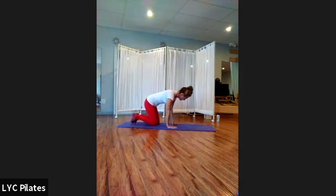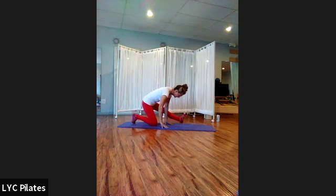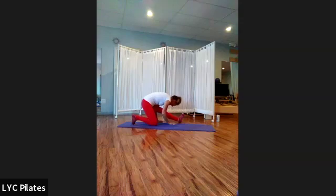This is my terrible side. Everyone has one, I think. So extending the left leg out. Your heel is on the floor. You can sit down to the heel or stay up. Take the hands on either side of the leg and drop that chest down. Try to lengthen the spine, set the shoulders down, flatten out that back, pull the toes in,